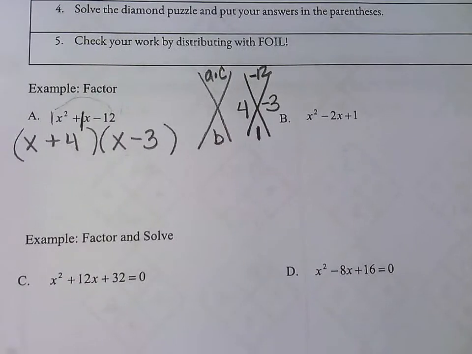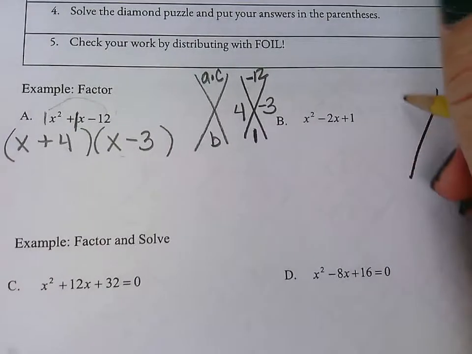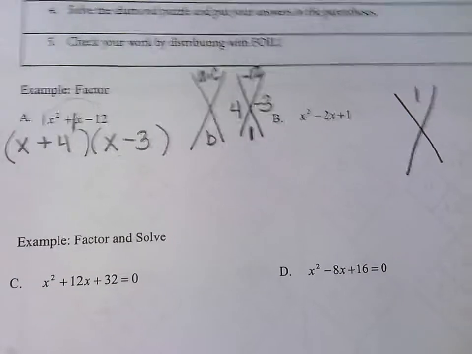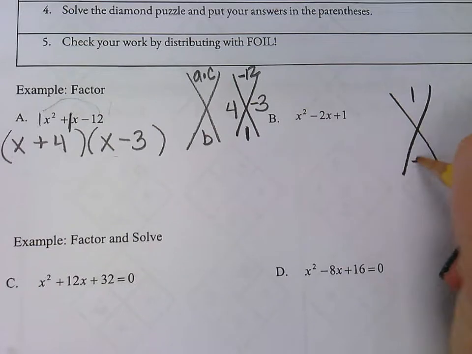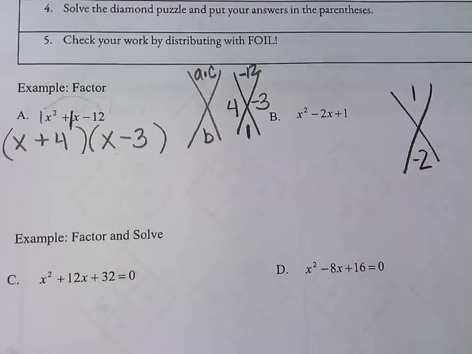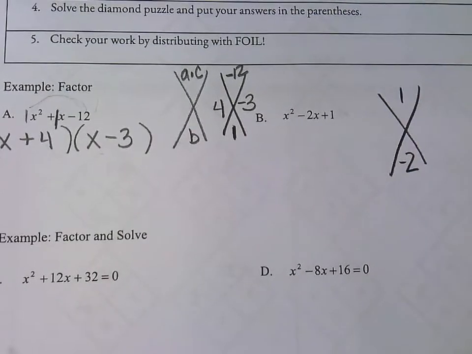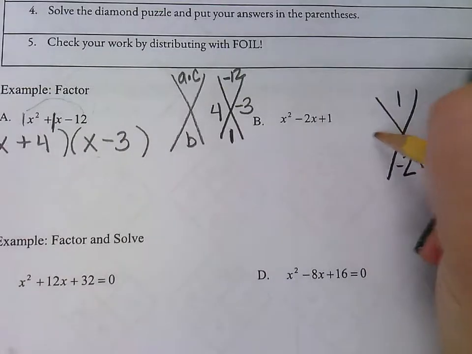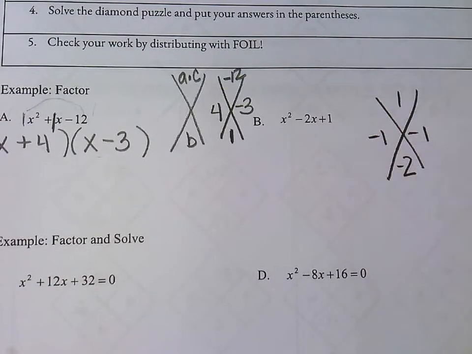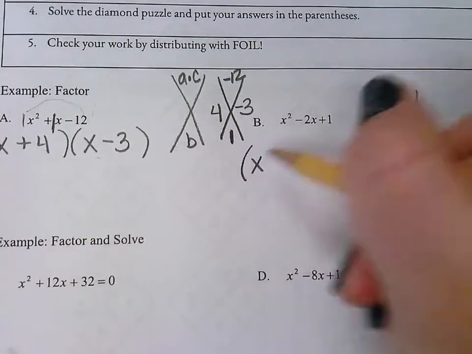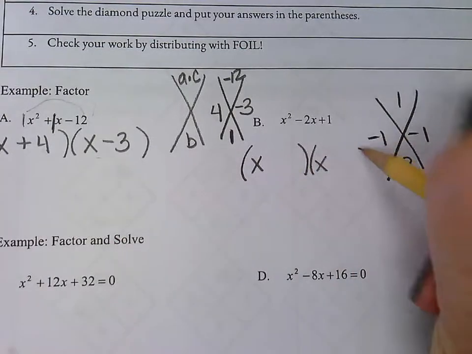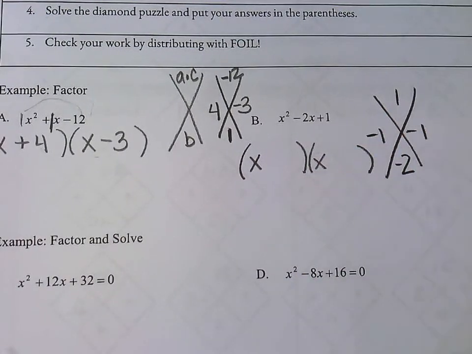So on part B, 1 is going to be your multiplier and negative 2 has to be the sum. And you're looking for the two factors that multiply to positive 1. So we know that has to be a 1 and a 1, right? But I need negative 1 times negative 1 to get positive 1. Negative 1 plus negative 1 is negative 2. So I should have set up my factors, put an x in each, and they both are x minus 1